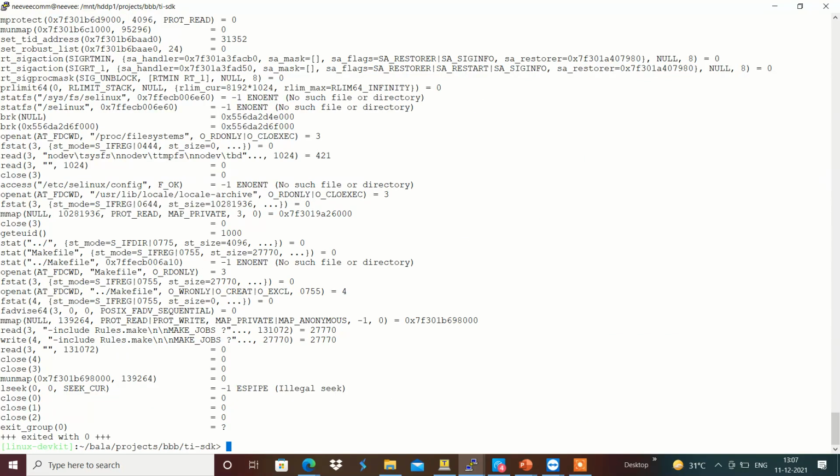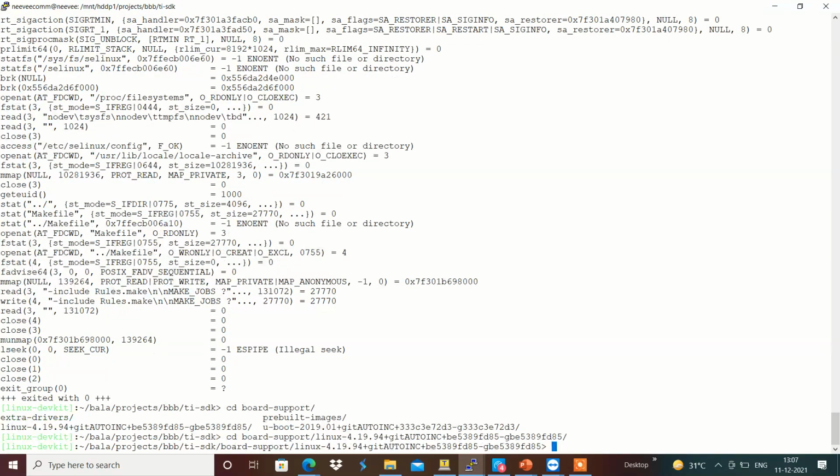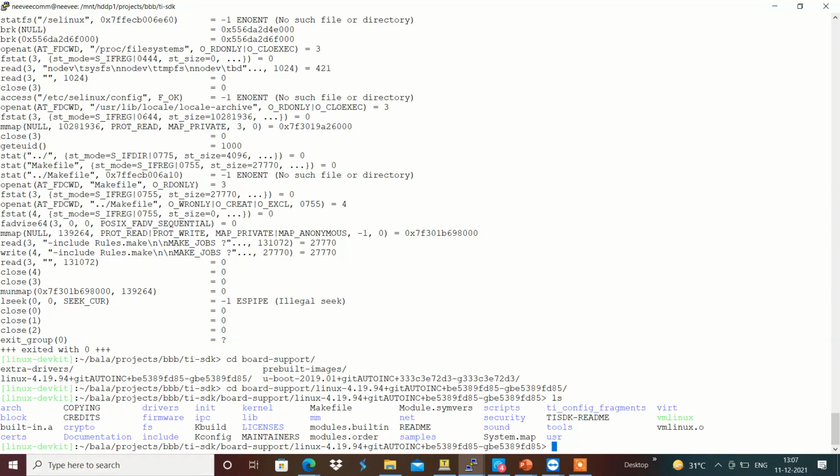For example, here we can see a board support package and the Linux kernel source. Inside that we have FS, the folder which contains files that handle file system related stuff, and architecture related stuff, and IPC, which is for interprocessor communication, and net, which is for the networking stacks, and sound. So these are all services running in the background, right? It's something like a complete source.